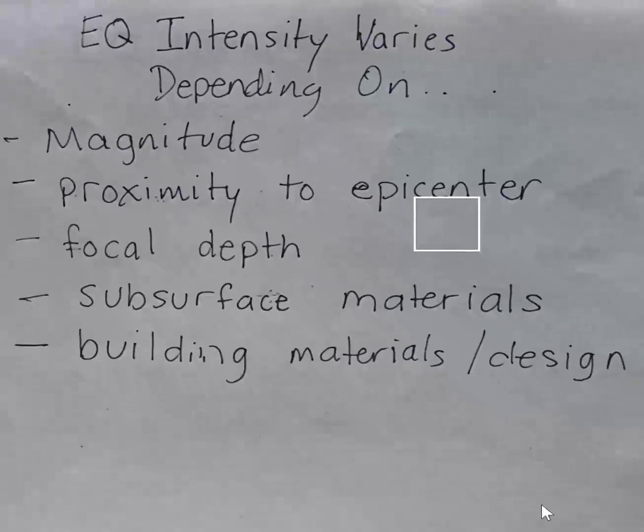Building materials and the design of buildings is also important. For smaller structures, wood framing is a better option in earthquake-prone areas because the wood framing is flexible when it's shaken. For larger structures, reinforced concrete is a better option. And steel framing, where the joints have some flexibility, is another way to minimize the damage from earthquake shaking. The worst kind of building materials are earthen materials, things like brick, cinder blocks, unreinforced cement, just plain old cement,